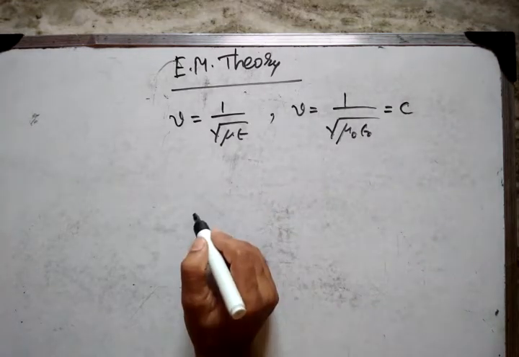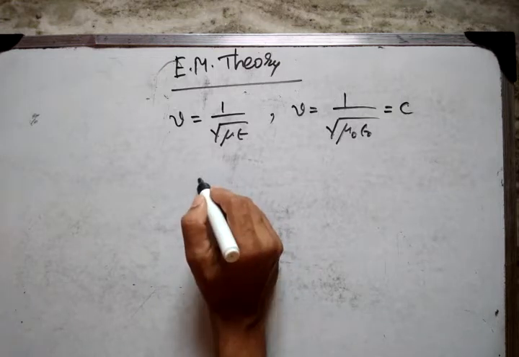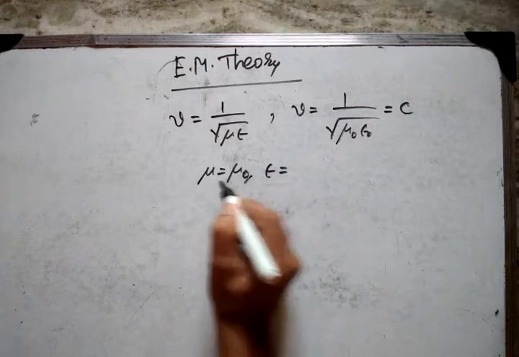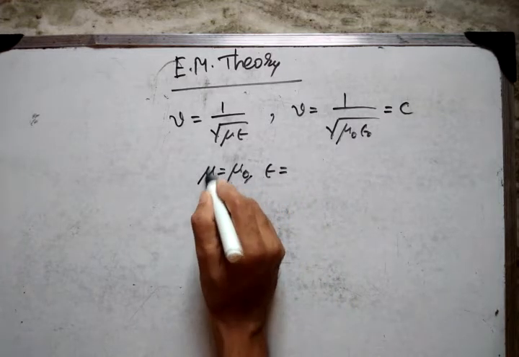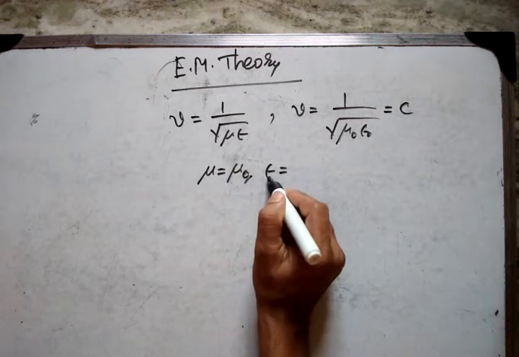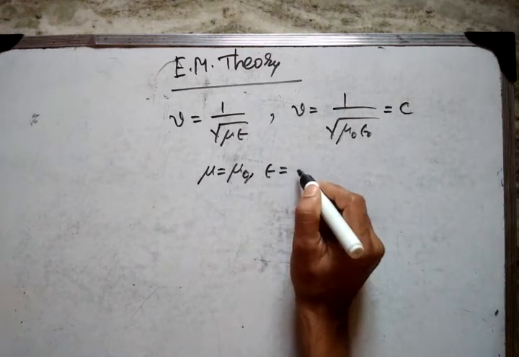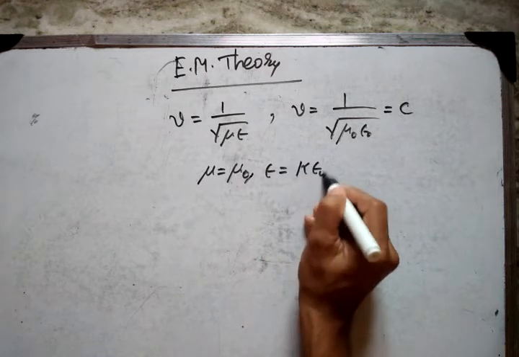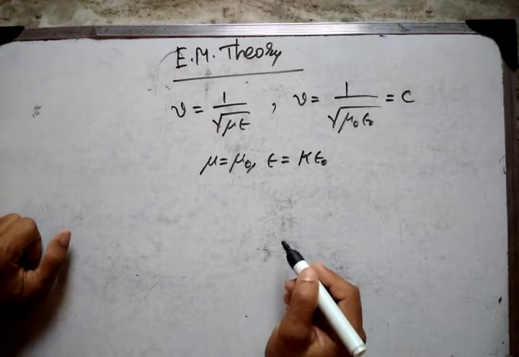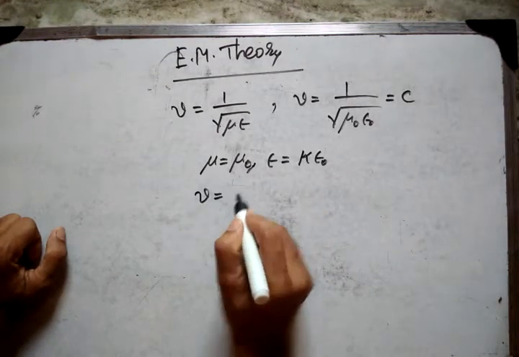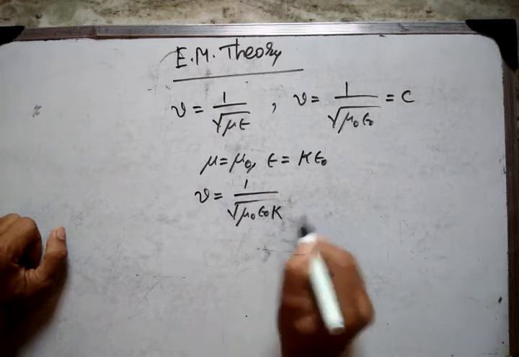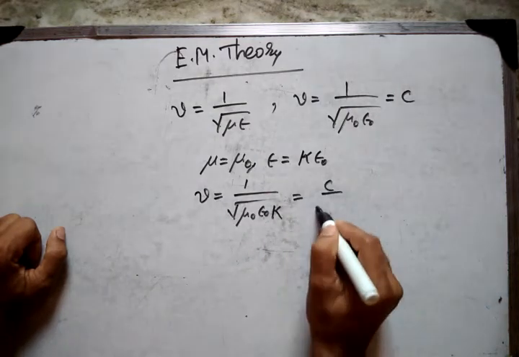So for a non-magnetic dielectric material, if we take mu equals mu 0, non-magnetic, that means the magnetic permeability is equal to the free space magnetic permeability, whereas the electrical permittivity is equal to K times the permittivity of free space, where K is the dielectric constant of the medium. Then V equals 1 by root of mu 0 epsilon 0 K, and that equals C by